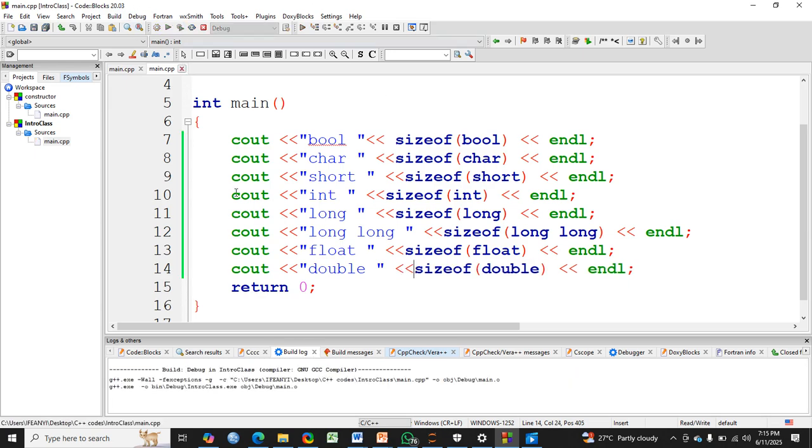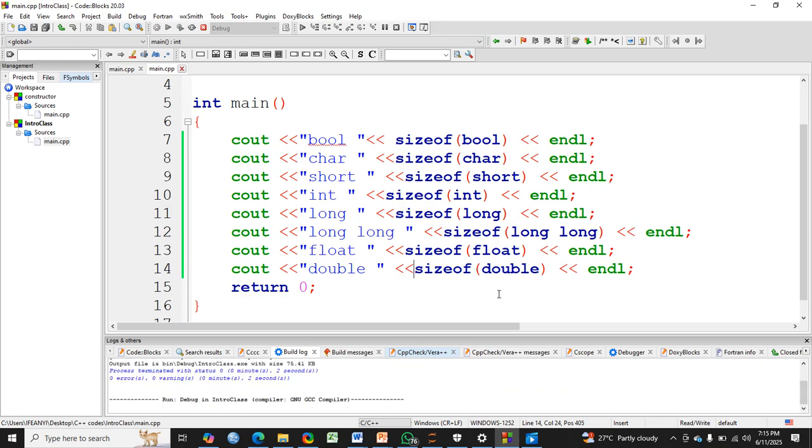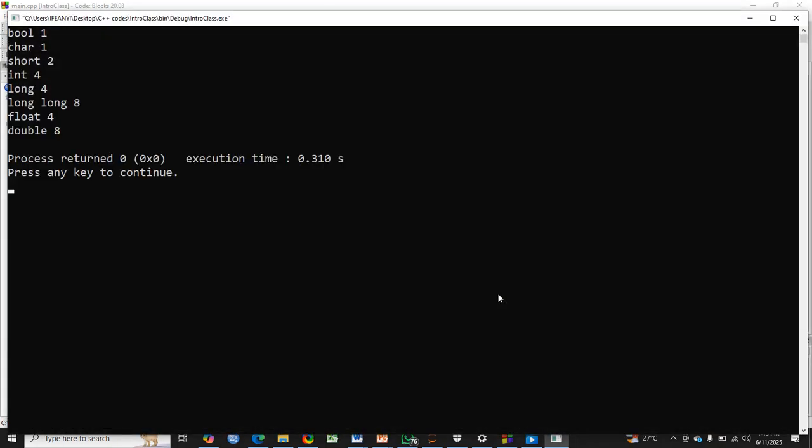So I'll run it. Wow, beautiful. So we're seeing bool is 1 byte in my system, character is 1 byte, short is 2 bytes, integer is 4 bytes, long is 4 bytes, and long long is 8 bytes, float is 4 bytes, and double is